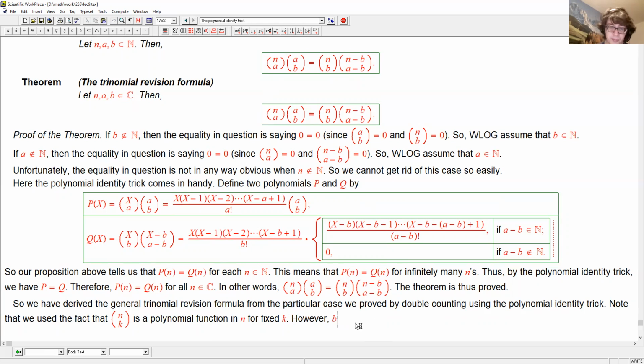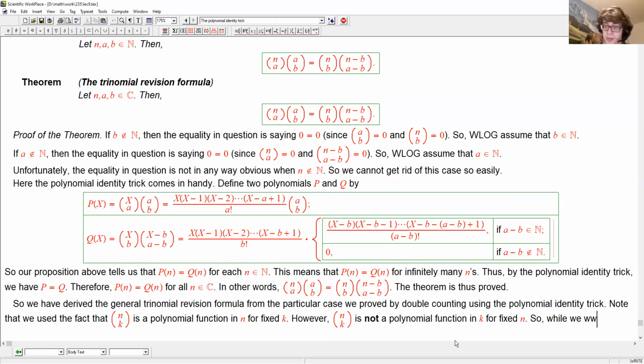However, n choose k is not a polynomial function in k for fixed n. Why not? Well, the easiest way to see it is, if k is a non-negative integer, this can be non-zero. But if k is negative or not an integer, it's zero. A polynomial cannot behave this way. A polynomial, if it's zero infinitely many times, would be zero for all k's, which is absurd. So